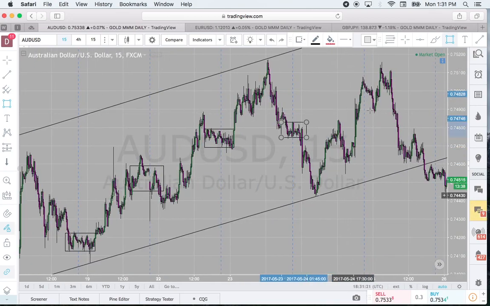But for right now, let's focus on seeing the consolidation in each session changeover here. We can see there's obvious consolidation ranges and zones, but most importantly,